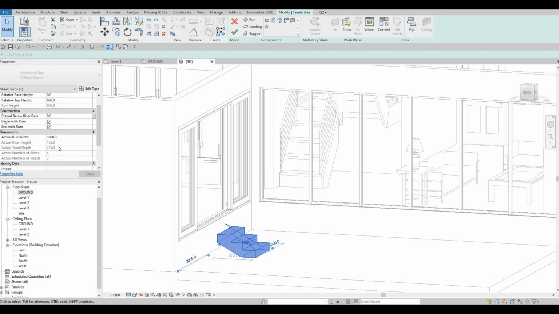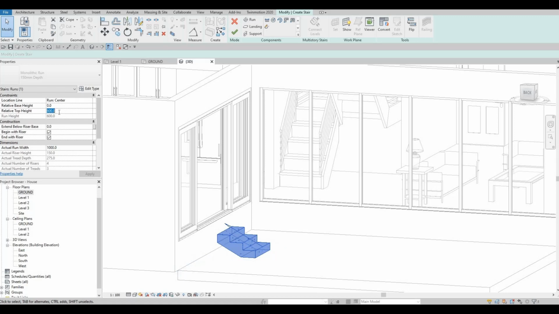With the width we could change that manually, but the top relative top height we could change to maybe 900. So here we could just say 700,